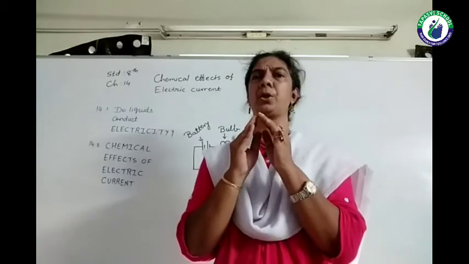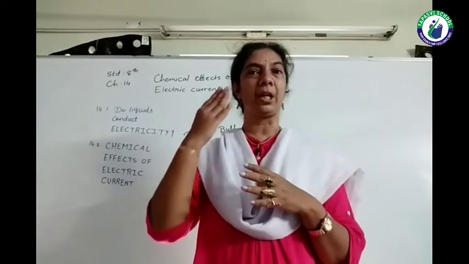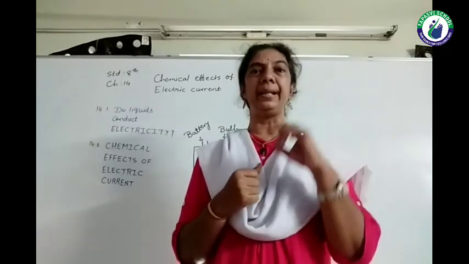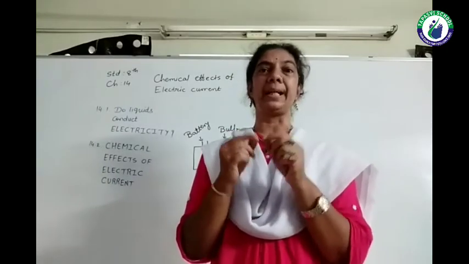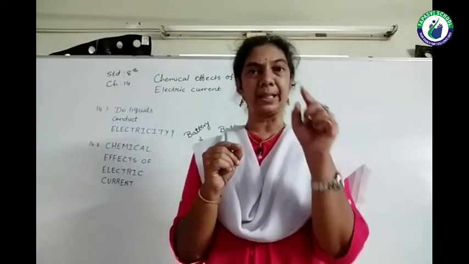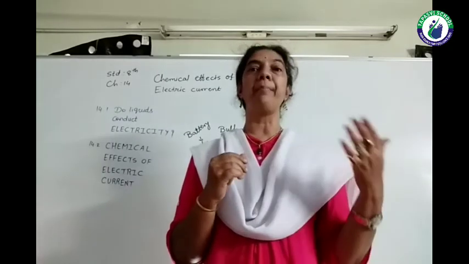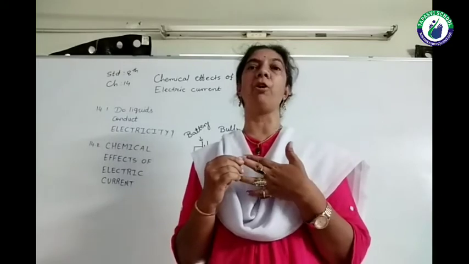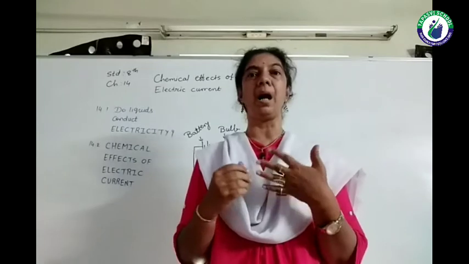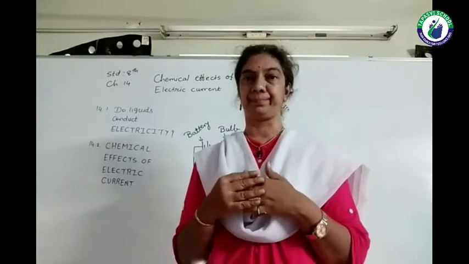The charges are too small, very minute, so we are not able to see them with our naked eyes. So we are using an LED. You have seen that when I kept the nail in the gap, as the circuit was complete, the LED was glowing. So all the metals have the property of electrical conductivity. It means the metals allow electric current to pass through them.